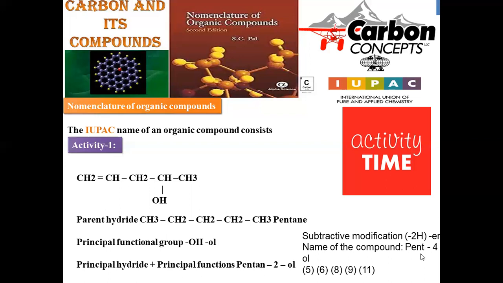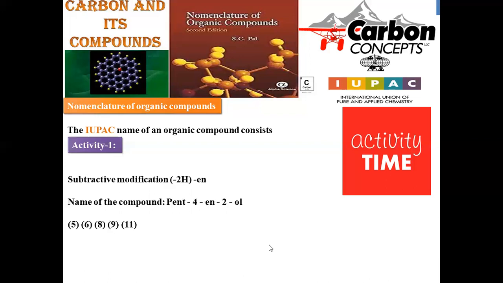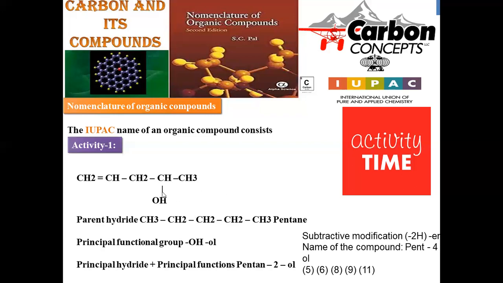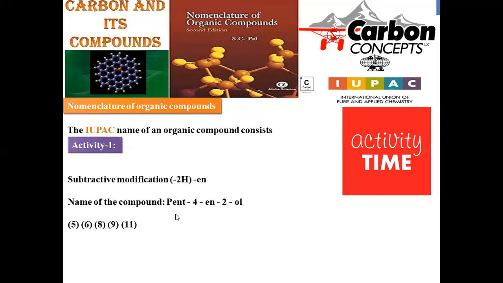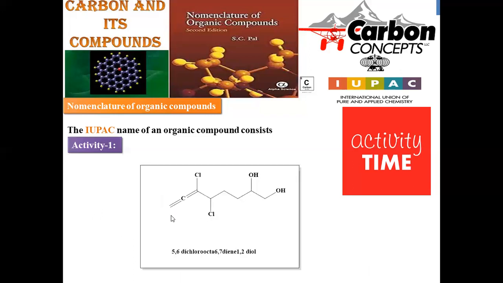4-ene to pentanol. Here it is mentioned. Yes, 4-ene to pentanol, name of the compound is 4-ene to pentanol. Right, so this is a compound. Obviously, numbering should be started from the OH chain, so that here the second carbon bears the OH group and the fourth carbon bears the double bond, so that 4-ene to pentanol is the name of the compound. So this is the name given for the compound.